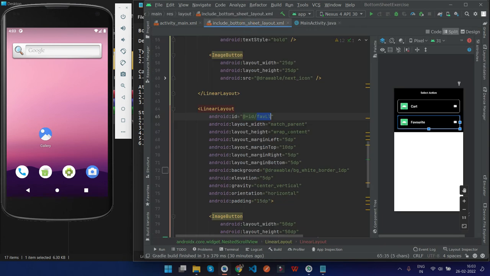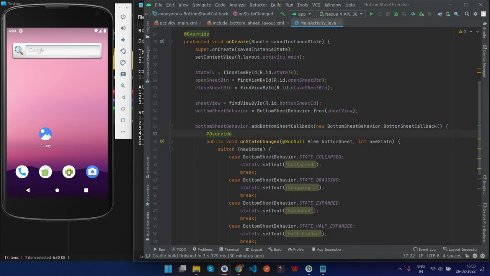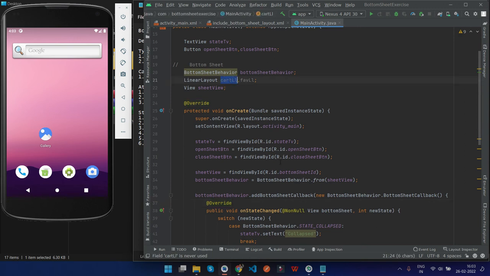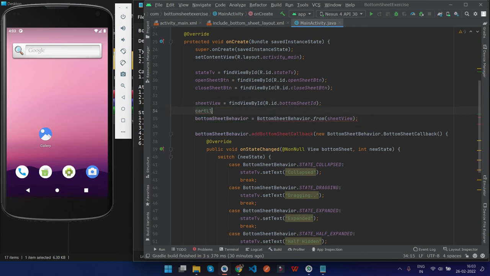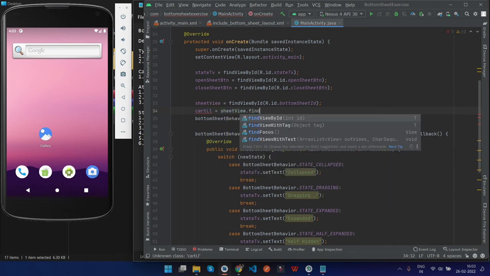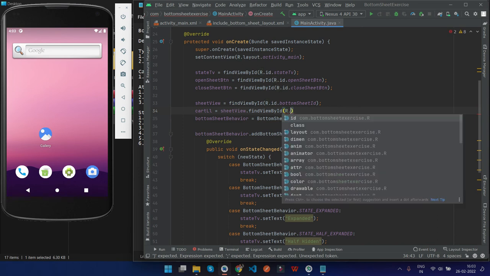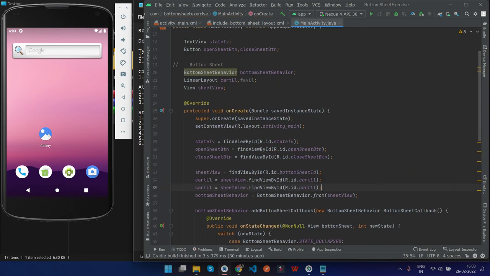and now we need to find some views from the bottom sheet too. So just okay, I think we have already have this. So just cart and just go down, type bottom sheet view dot find view by ID. Dot ID is fine. But press Control D,